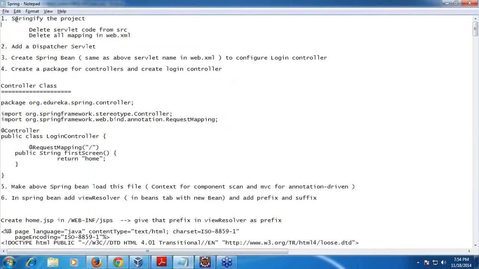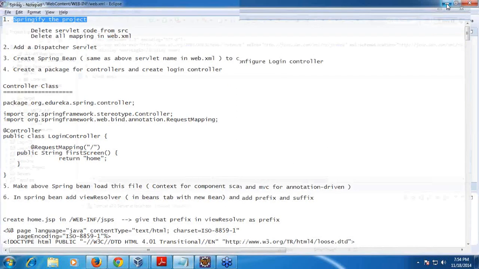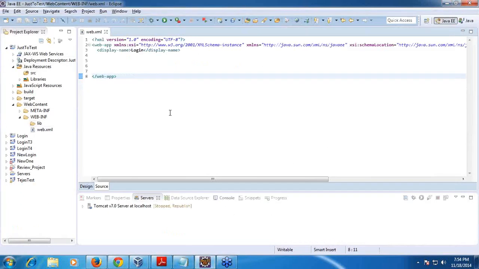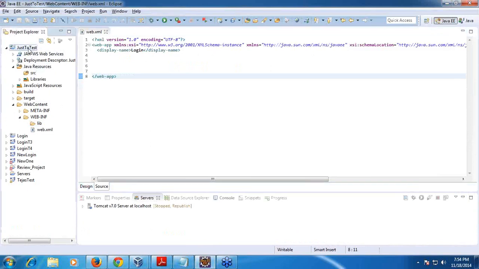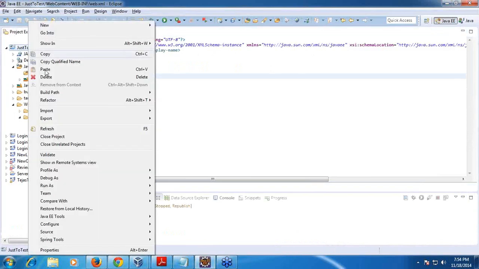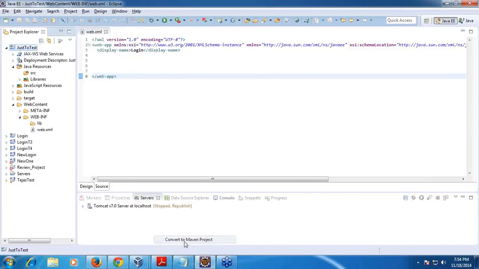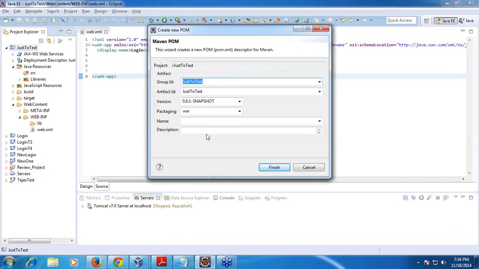So first step, when I say springify the project, I need to include all the jar files which is needed by this Spring application. All of you notice here, right click, right? And then I will say configure, convert to Maven project. I have given convert to Maven project first. Sorry friends.